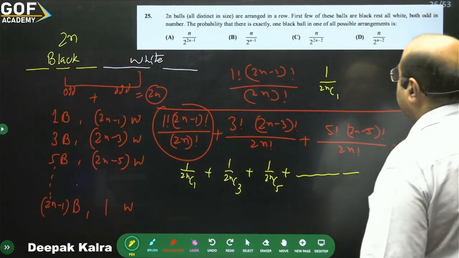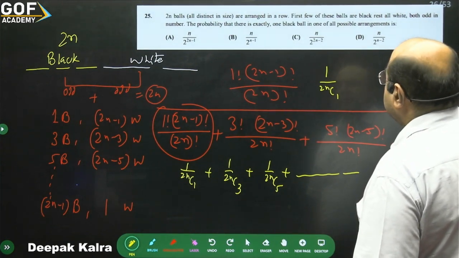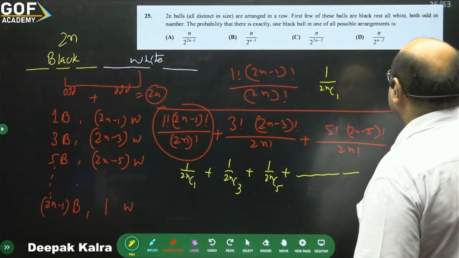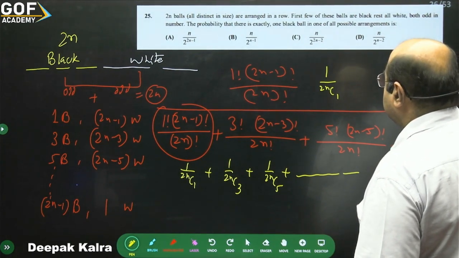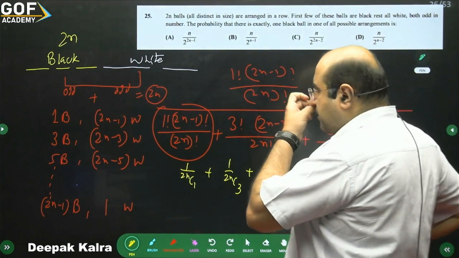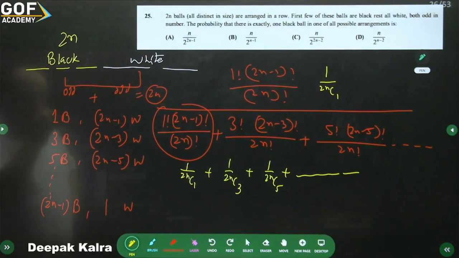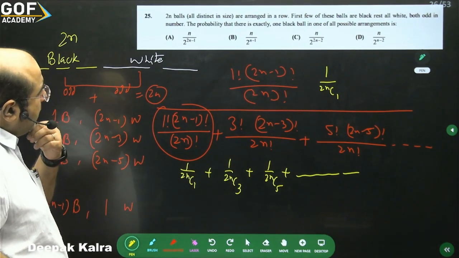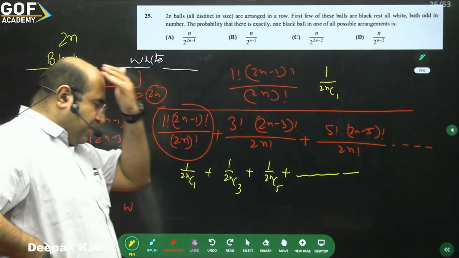The probability that there are arrangements, what are the arrangements they are taking? Both are odd in number. What do you think? What's your mind says? My mind is also a little bit going in that direction, like